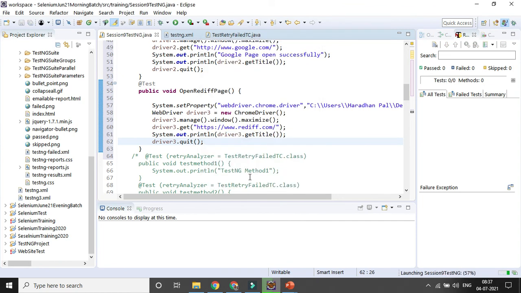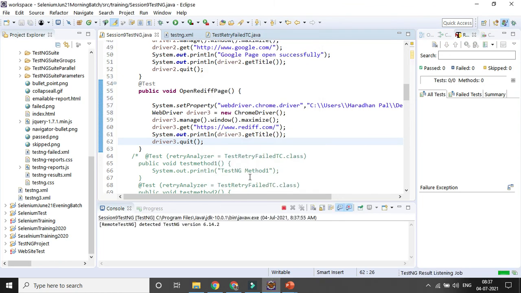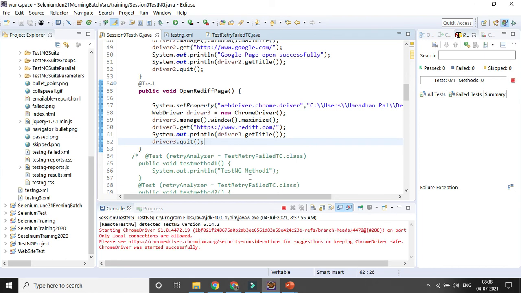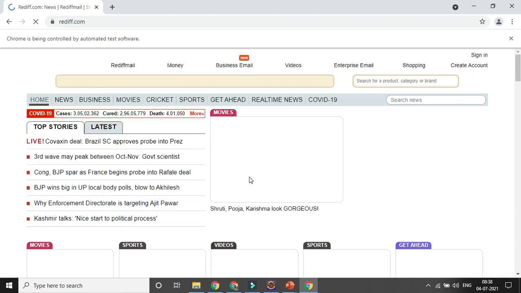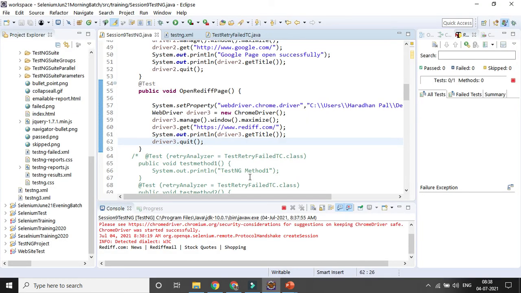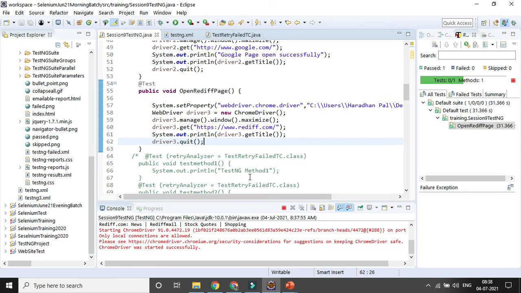It will take some time. You can see one test case will be executed, then the second, then the third, and then the fourth, based on alphabetical order. So it is time consuming, but if I want to run them in parallel, multiple threads can work simultaneously. For 4 test cases, if I give 3 threads, then 3 threads will be running.